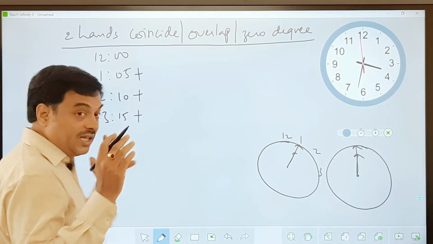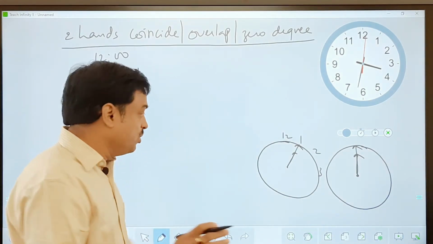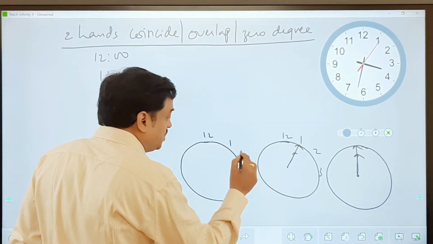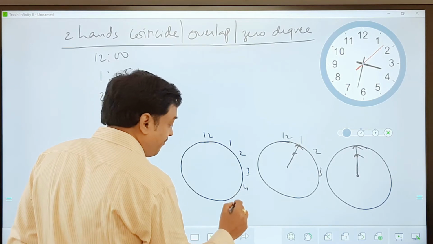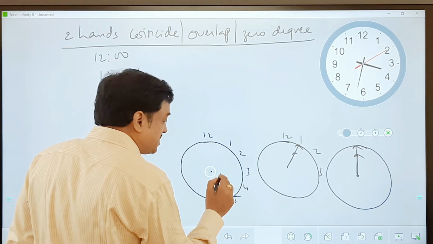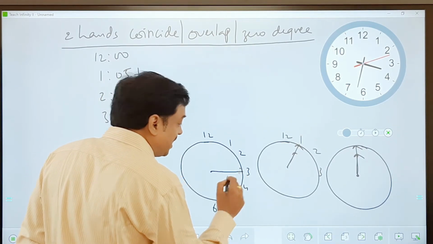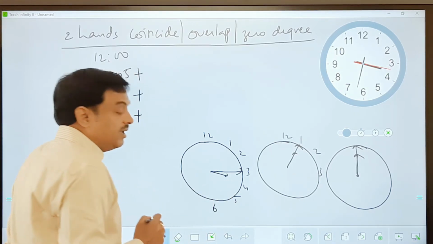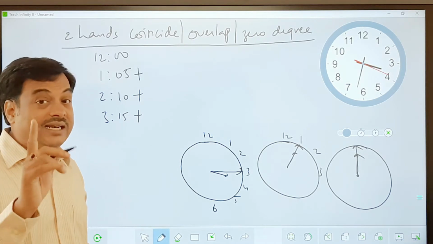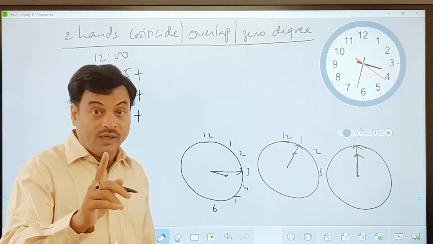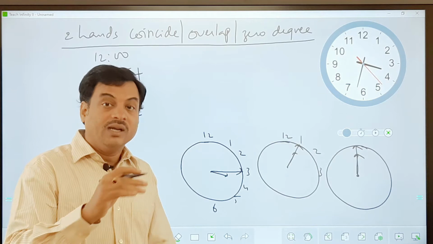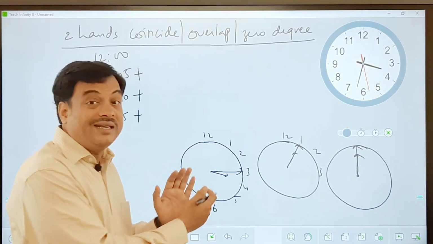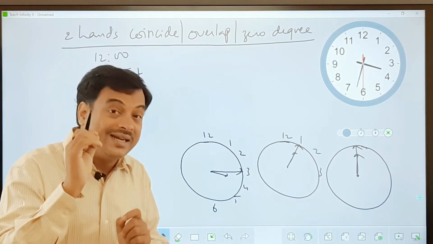3:15. If you see the watch anytime, 3:15 will be something like this: 12, 1, 2, 3, 4, 5, 6, and this is something you call 3:15. The minutes hand will be pointing at 3, but the hours hand will have some gap. Exactly at 3:15, the two hands will never coincide. Please observe the watch anytime. Closely watch the hours hand and minutes hand at 3:15. You'll find some gap. Why that gap, you tell me?